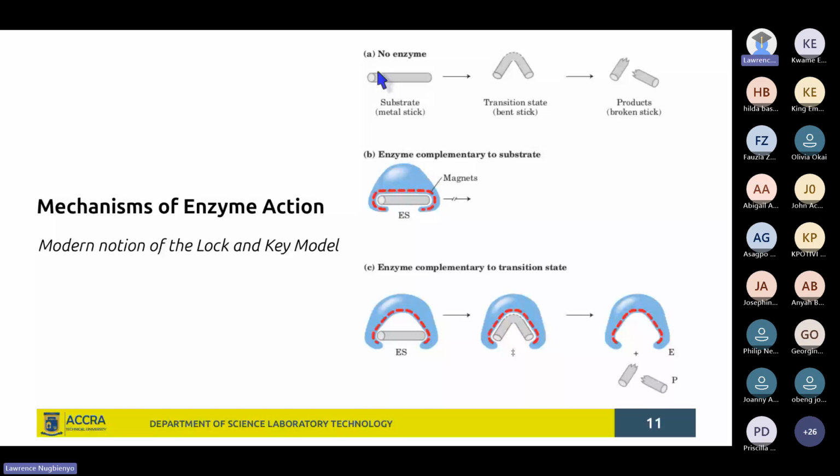Now, in the first place, that molecule will reach a transition state where the particular bonds that are to be broken in that substrate will be weak, which is being depicted by this metal stick, which is bent. So when the bond